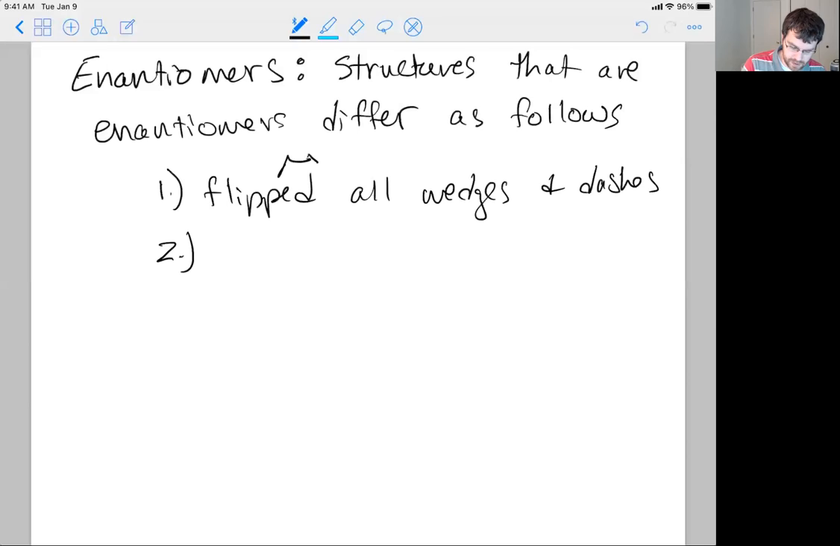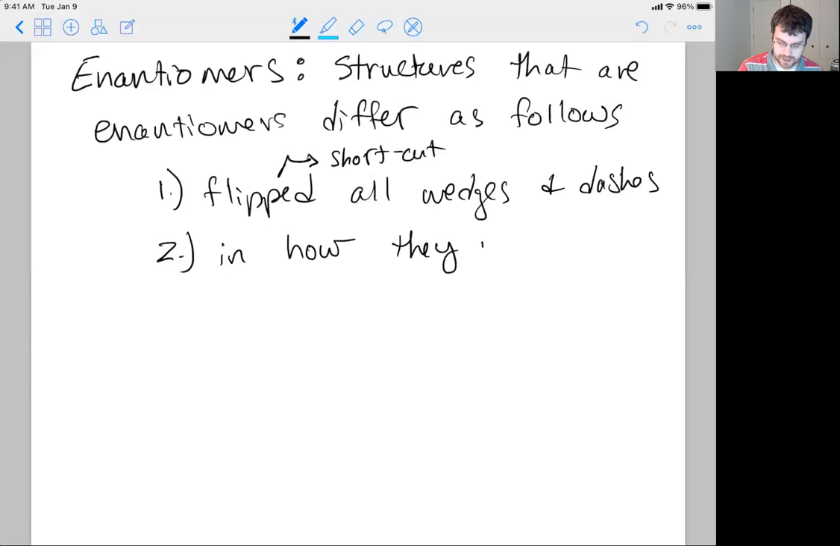So this is sort of a shortcut. We'll look at this and we'll practice this, but we're going to flip all wedges and dashes. I like to get people thinking about that as early as we can. So they differ as follows. They flipped all the wedges and dashes, and they differ in how